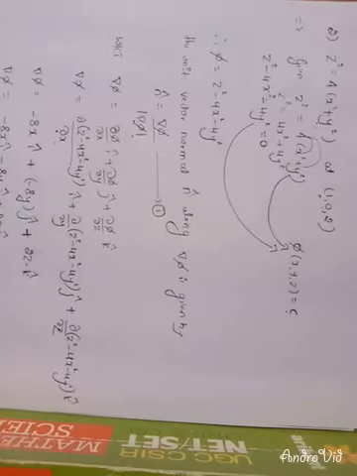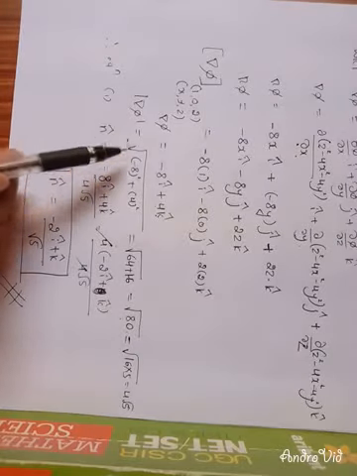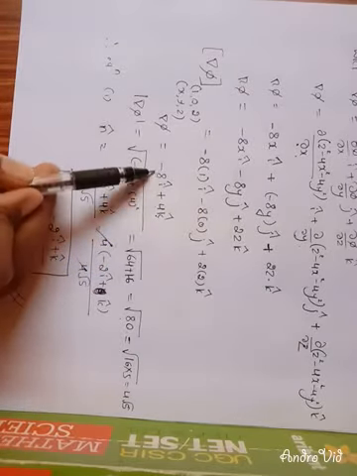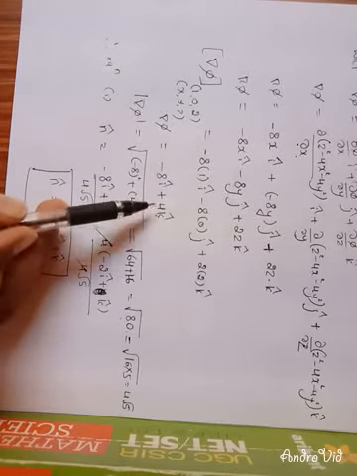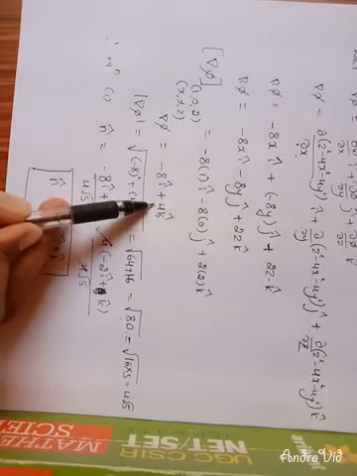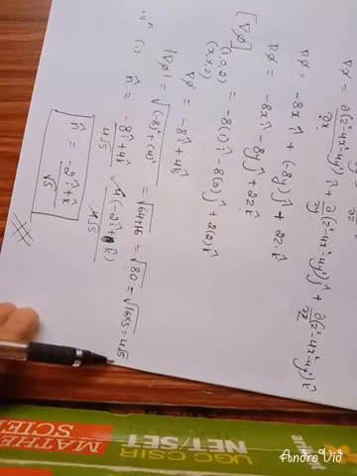We need in the formula n cap is equal to del phi divided by magnitude of del phi. So here we find del phi, and the magnitude of del phi is under the root of the coefficient of i square, minus 8 square. There is no j term, leave that one. Coefficient of k square, here we have 4, then 4 square. So solve this one, you will get 4 root 5.